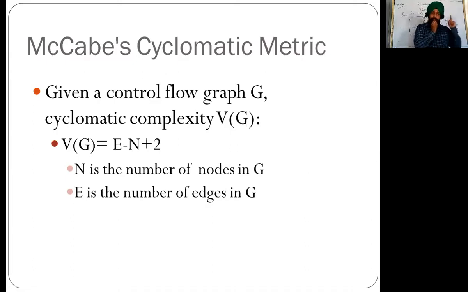This is the formula. There is one more formula to calculate the number of independent paths that I will not discuss today. But in the slide that I have uploaded, I have given one more formula to calculate the number of paths. That formula is much simpler than this also, that you will do yourself. So I will do this McCabe cyclomatic metric for calculating the number of independent paths that I am discussing with you. Another method is also given by him, but I will not discuss that particular formula here. Next.